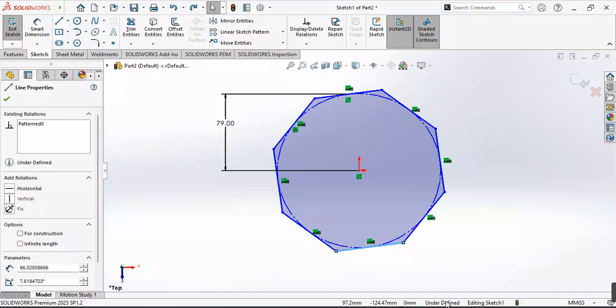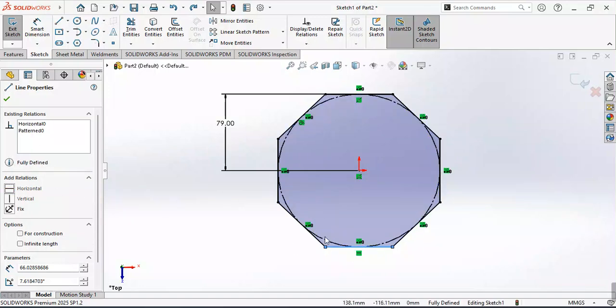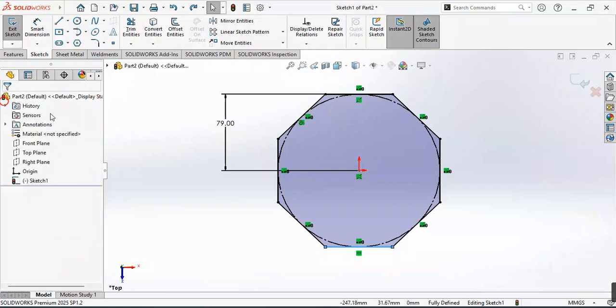Okay, so when it's black, it turns black, meaning it's fully defined. And when you try to give it a new dimension, it will tell you that you are over defining because you have already defined. Okay, so let me just go back. Okay, so here like this, meaning this is fully defined. You can even see here it's written fully defined. Okay, then from here now we can